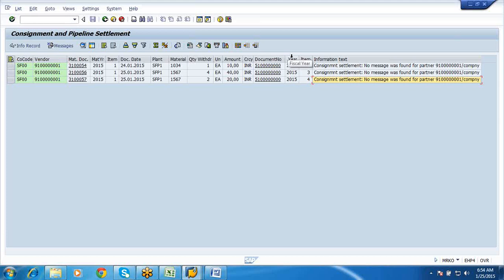Probably there is some issue from the finance end, that is why we are not getting this invoice generated. Basically it should be 123, something like that, your invoicing document, but this is the procedure how you settle it.